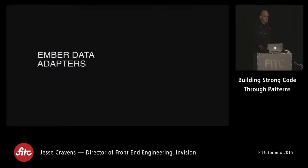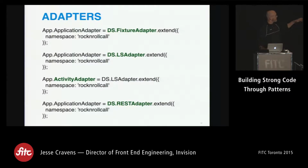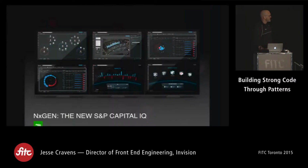Not necessary anymore. And it's largely due to these adapters, the adapter concept, where I can go in and create an application adapter, call it a fixture adapter. I can also scope to different parts of my application, different domains in my application. And so as I'm coding along, say the market